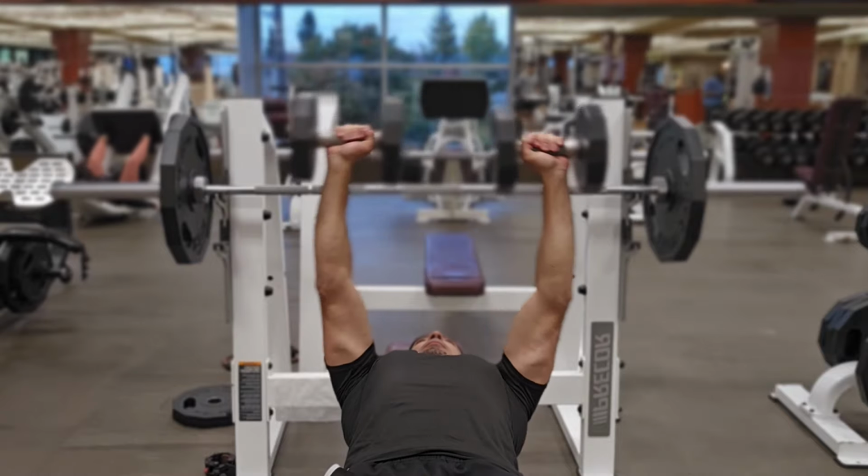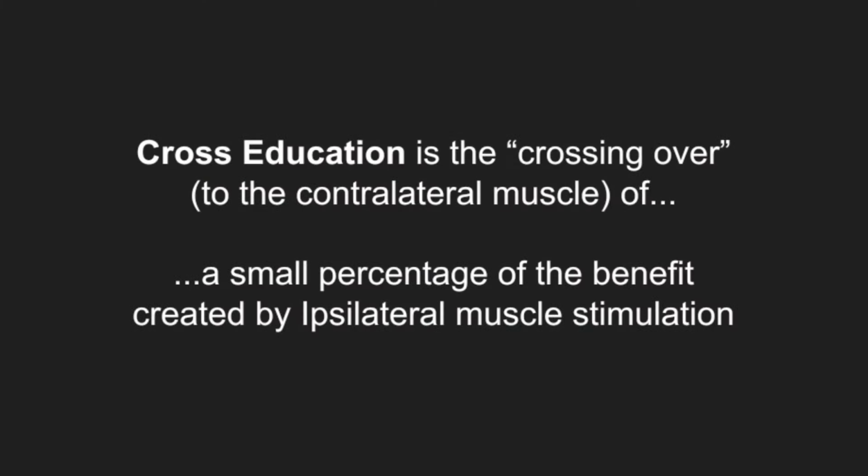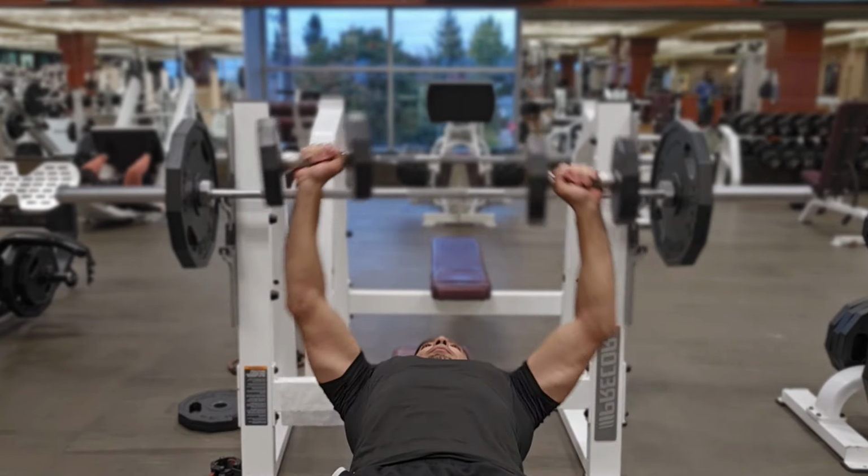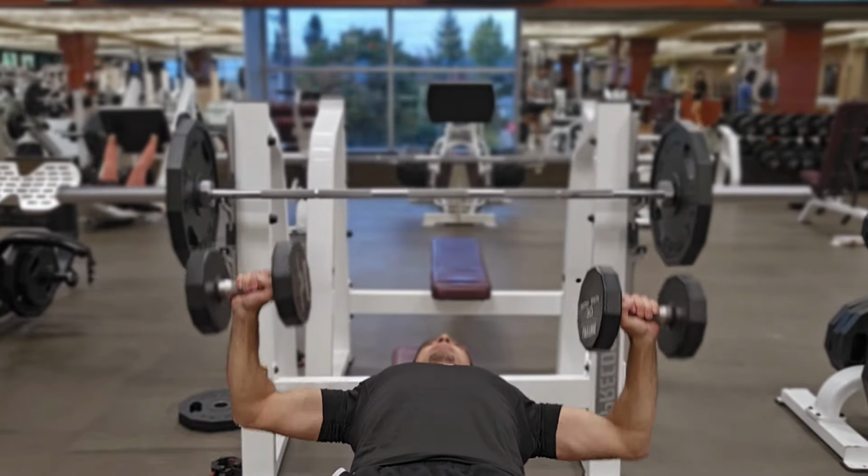In addition, independent limb loading triggers cross-education, which causes an added strength and coordination benefit to cross over to the contralateral muscle by the separate loading and activation of the ipsilateral muscle. Typically, the percentage of cross benefit of the contralateral muscle ranges between 7 to 34% of the ipsilateral muscle benefit. Therefore, wherever it's practical to do so, using unilateral muscle loading is ideal.